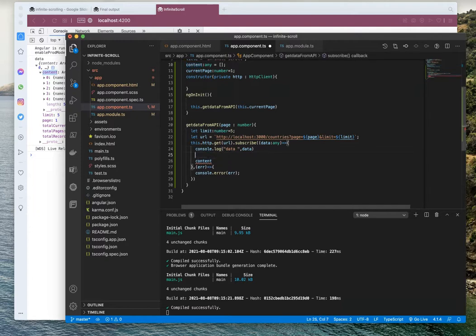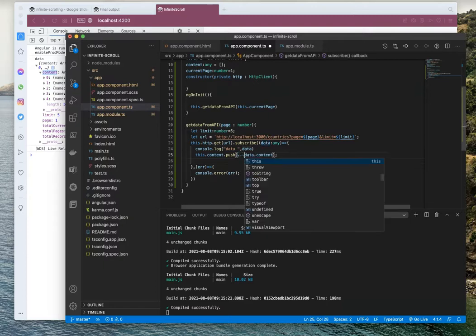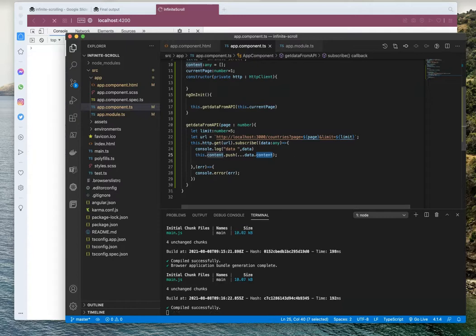So let's push the content object, the object that holds the API response, into our content array. We'll destructure and merge the output of the content object into our content array.